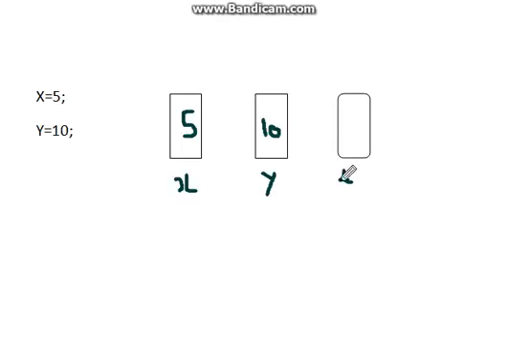Here we have used t as a third variable, and take x equal to 5 and y equal to 10. So here we have 5 in x and 10 in y. First of all I will transfer the value of x in t. Then what is the value of t? The value of t will become 5.